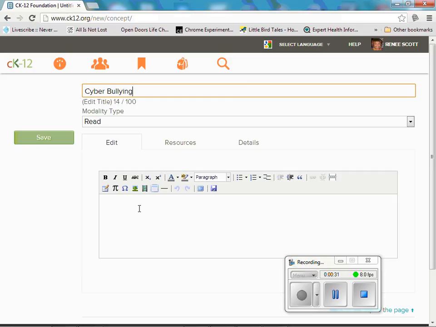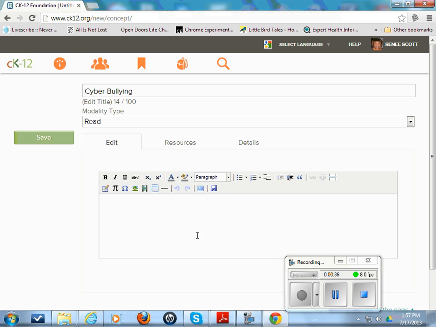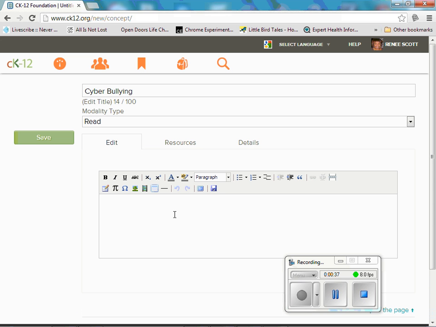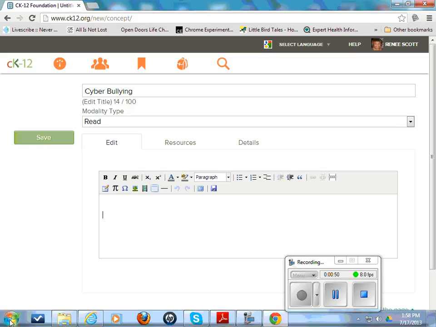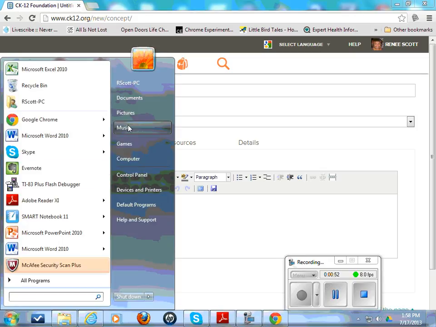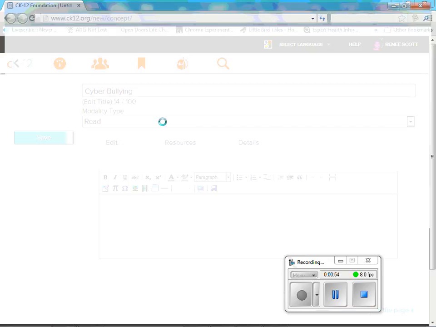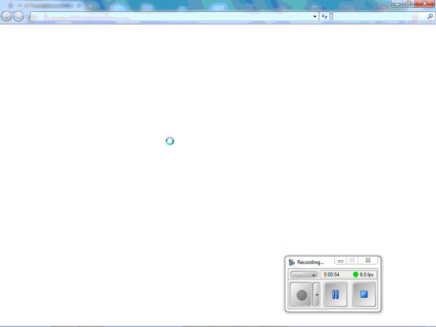Okay, so I have gotten a document from online that I'm going to insert into this page, into the Flexbooks. So what I'm going to do, I'm going to go to my computer. I'm going to simply copy and paste. So I'm going to go to Documents. So I have a folder with it in it. It's a CK12 folder